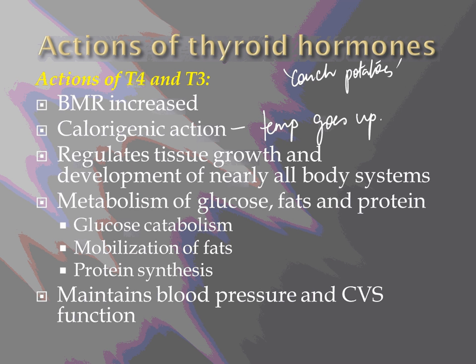And this is called the calorigenic action. These hormones act on practically all tissues of the body, especially during the early growth period. So they regulate tissue growth and development of nearly all body systems. So for example, your skeletal system, your nervous system, your